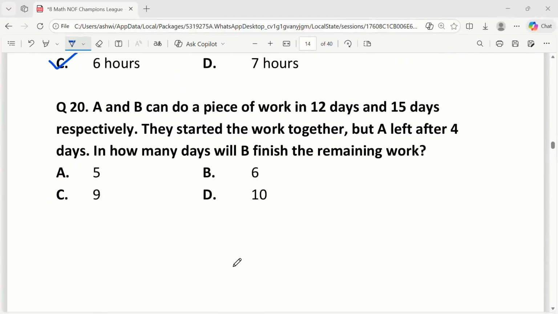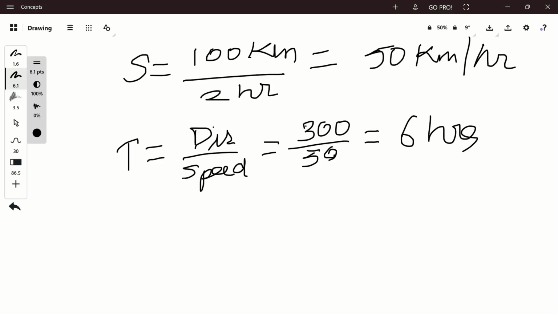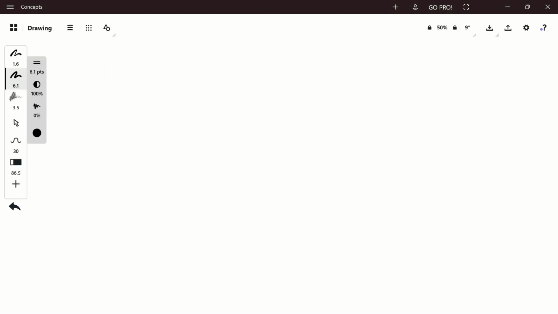Question 20. A and B can do a piece of work in 12 days and 15 days respectively. They started the work together, but A left after 4 days. In how many days will B finish the remaining work? A's daily work rate is 1 by 12 of the work and B's daily work rate is 1 by 15 of the work. In 4 days, A and B together completed